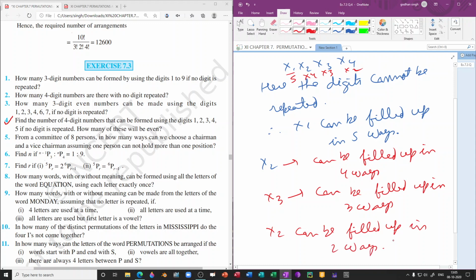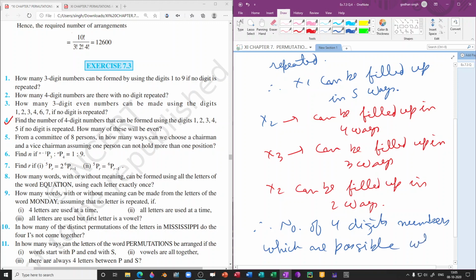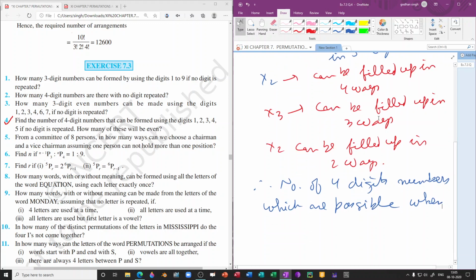Therefore, the number of 4-digit numbers which are possible when repetition of digits is not allowed